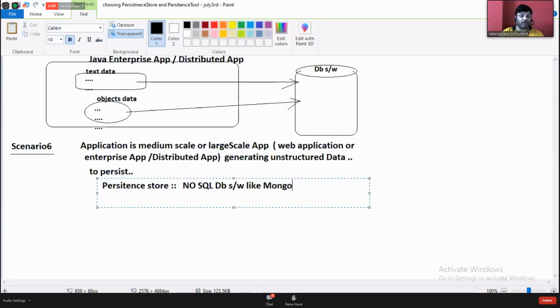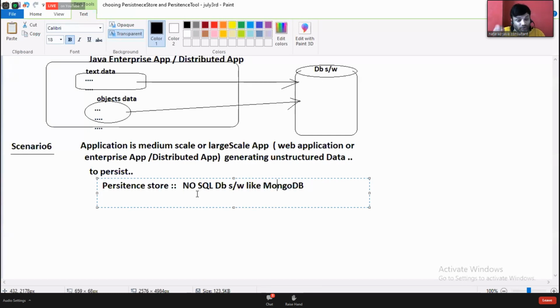Listen here, I'm not getting into details. I'll get into details when I launch the Spring Data module, because there I'm going to talk a lot about NoSQL database software. In NoSQL also we have categories. Key value data sources are there, graph data sources, NoSQL databases are there. There are so many types.